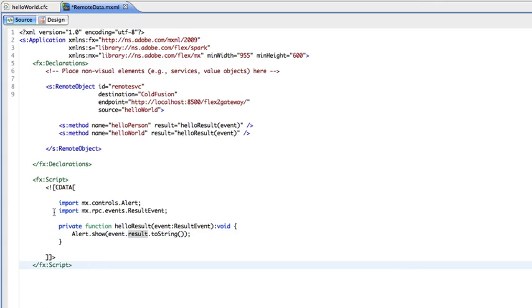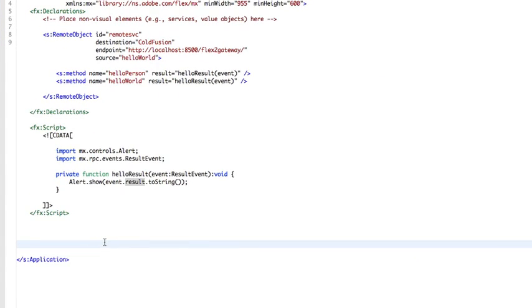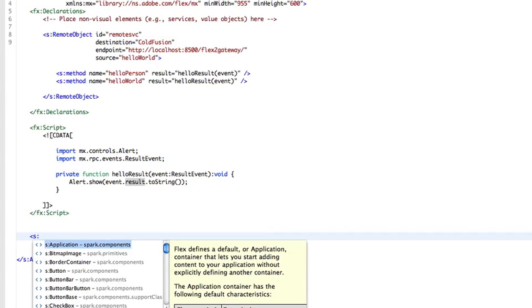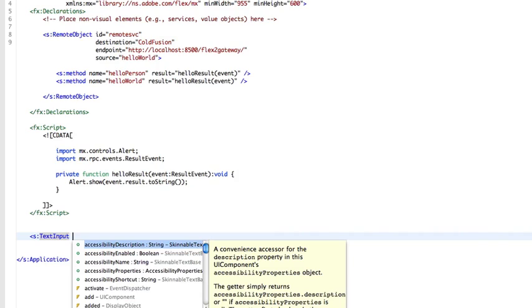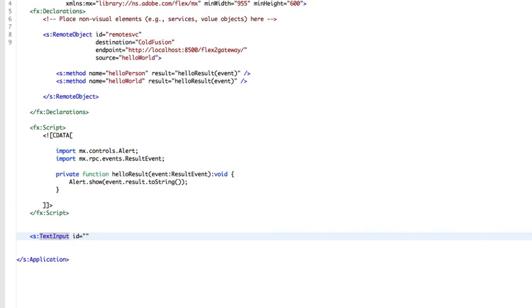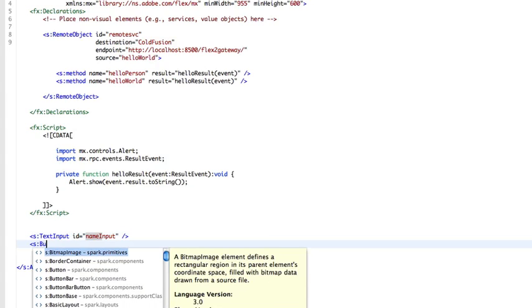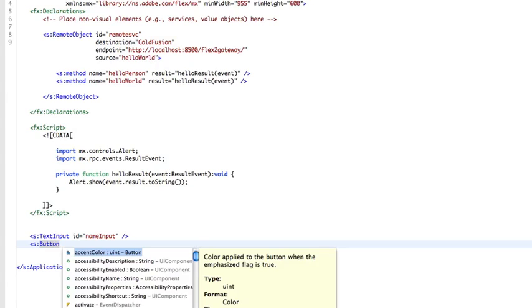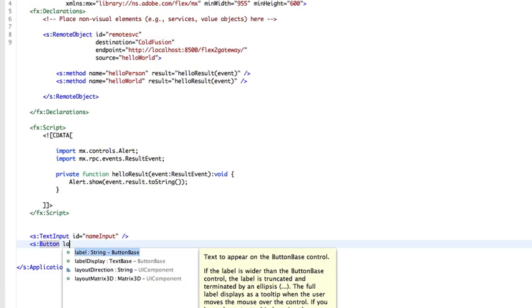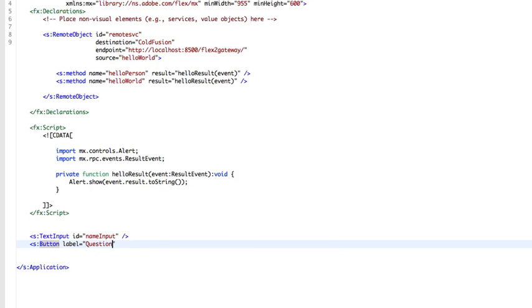Okay, so we have our remote objects in place, we have our script in place, we just need our UI components. So we're going to specify a text input, and I'm going to give it the ID of nameInput. I'm then going to add two buttons, because we're running two separate methods, so I want one button for each method. This label is going to be question,